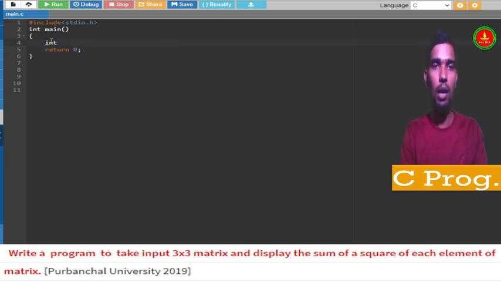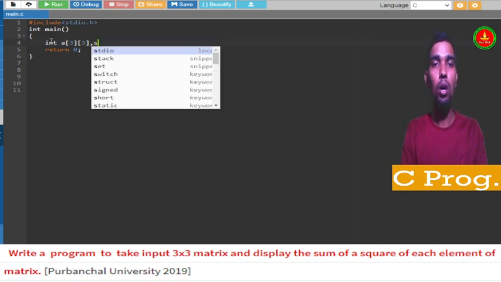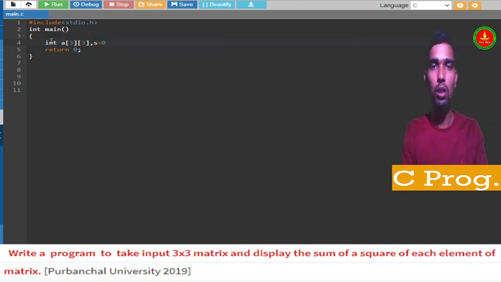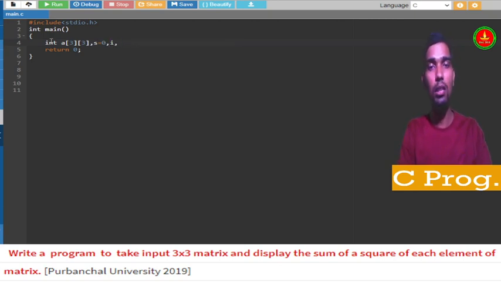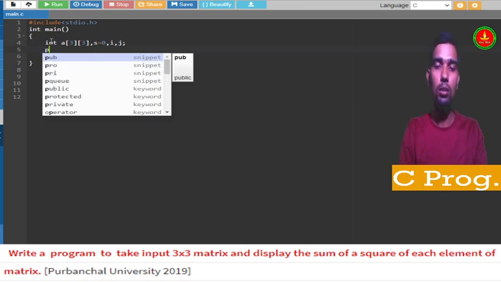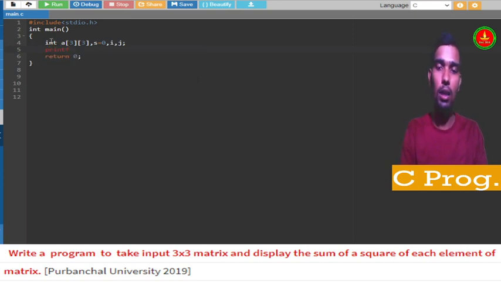So int a of how many elements? The size is already fixed in the question, so we go for that many elements only. This is the matrix we have declared, and we have to do the sum. The sum s is initially 0, and we also need counters. A two-dimensional matrix needs 2 counters, so i and j are our counters. Now do the reading part, the reading of the elements.